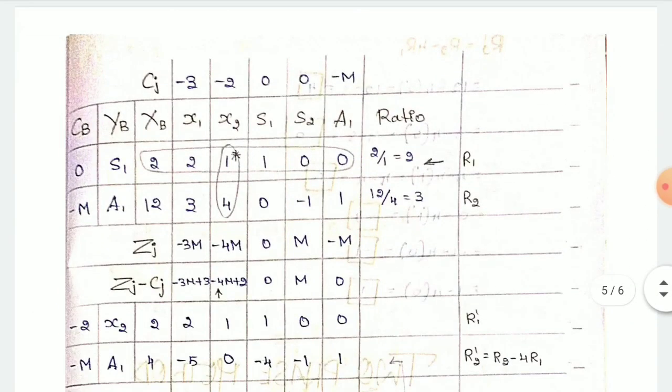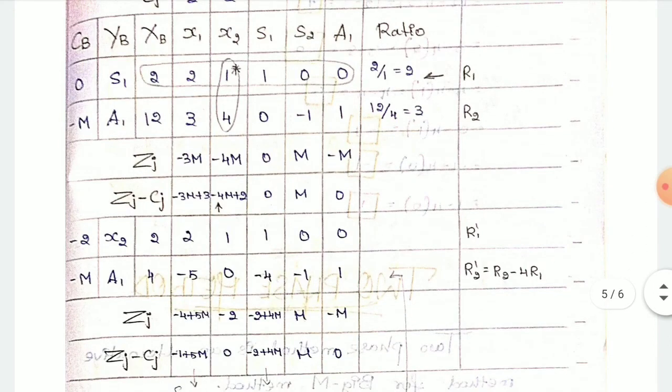So now we have to come with the initial table s1 and a1. So always you have to write slack variable and artificial variable in the YB column. No surplus variable. So keep it in the mind. No surplus variable in the YB column. So YB will be s1 and a1. So you have to write the coefficients. So first fill the initial table. So after finishing the initial table, you have to find out Zj as well as Zj minus Cj.